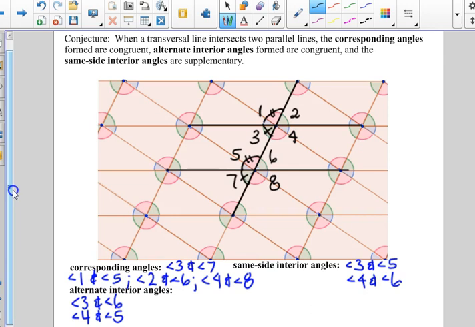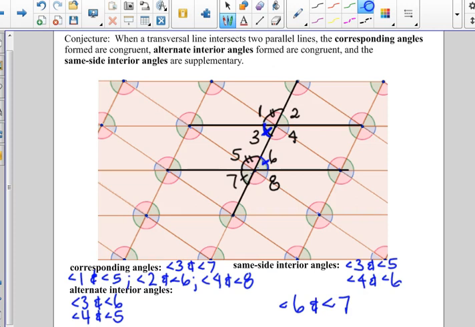Alternate interior angles, so if you look at the diagram above, those would be angles that alternate on the transversal and are inside the parallel lines. So right here we have angle 3 and angle 6. Those should also be congruent. And you do notice that angle 6 and angle 7 are also vertical angles. So we also know that angle 6 and angle 7 should be congruent based on the conjecture we made regarding